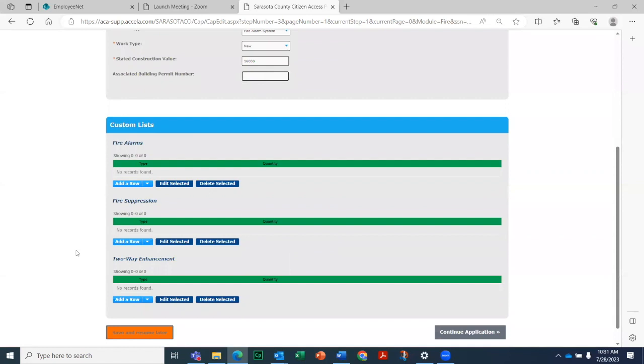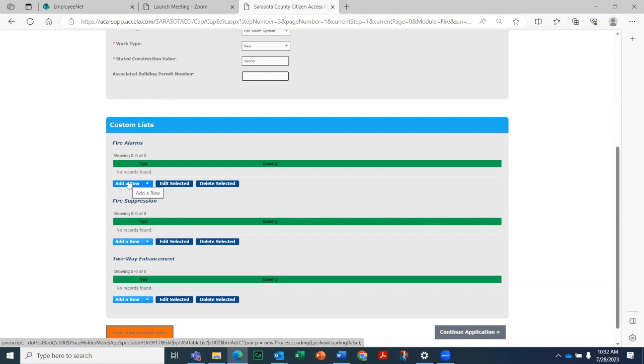The custom list information. For each of the different types of permits, you'll be required to give some information about what you're doing on that particular project. If you select fire alarms, you'll be required to open a row or several rows under the fire alarms tab, in which you'll describe the types of devices and the amounts of devices that you'll be including in this project.